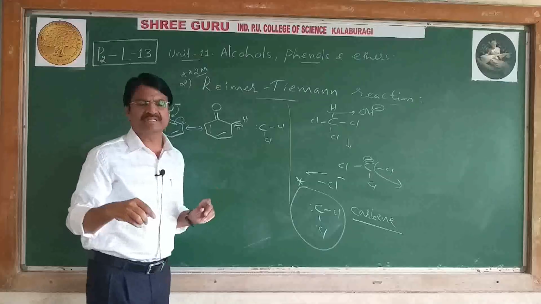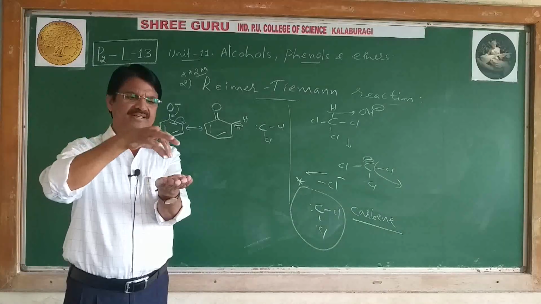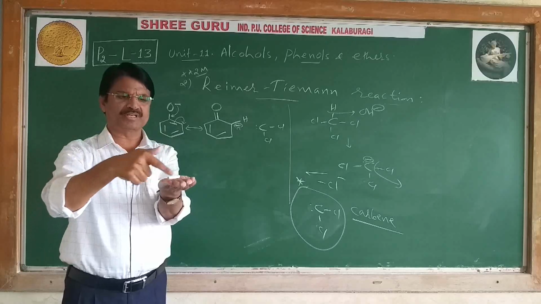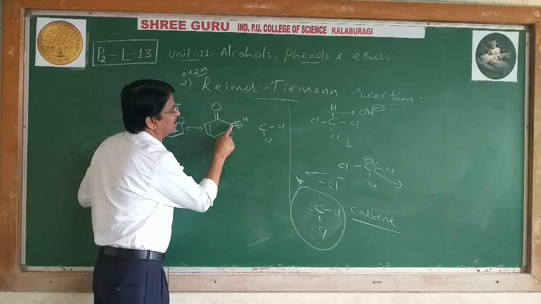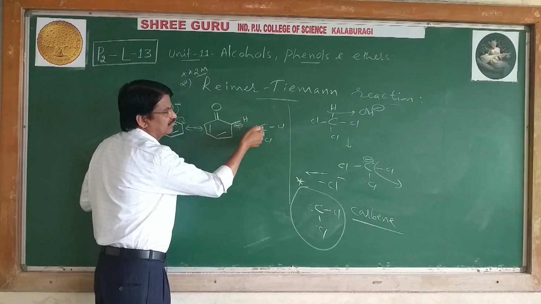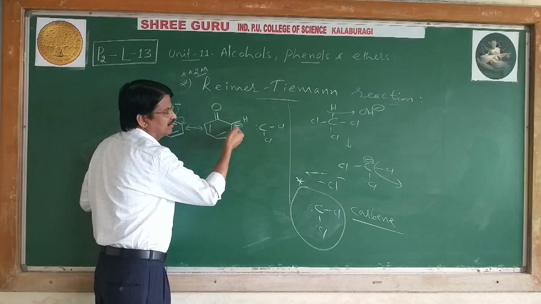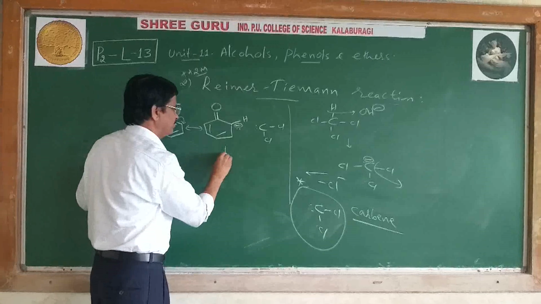When this neutral species is attacked by the negative charge, this carbon becomes negative, and here it is neutral. Therefore we can get